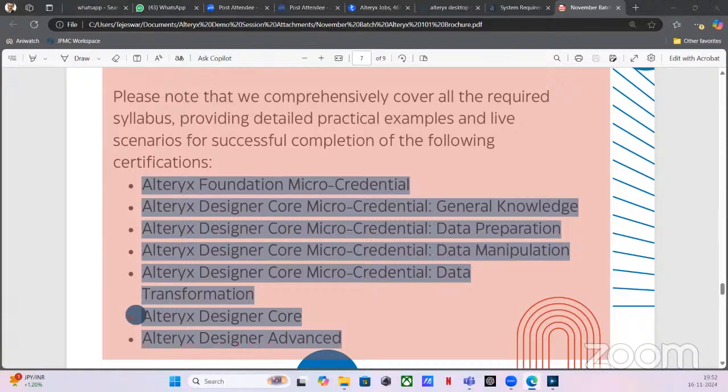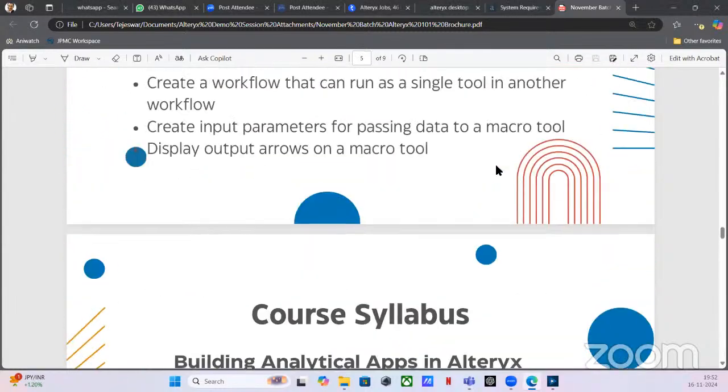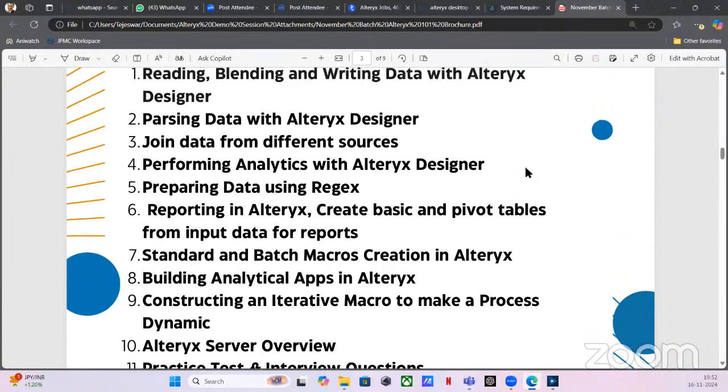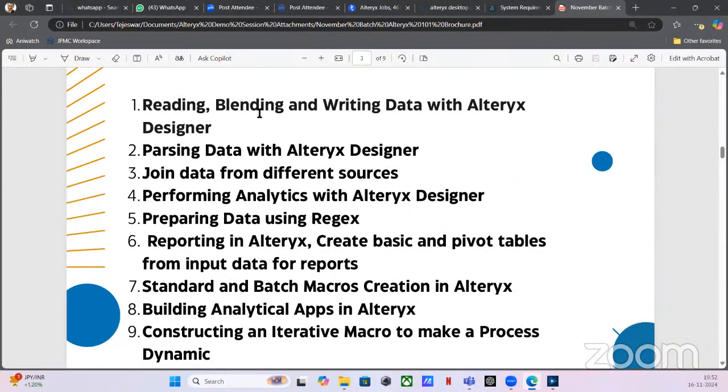I've seen the brochure, but can we talk about, at a very high level, how the course progresses? What do we learn the first week or second week at a very high level, so that I'm familiar with the terms? Yes. So, we will start with blending basics, blending and writing data in Alteryx, getting data,